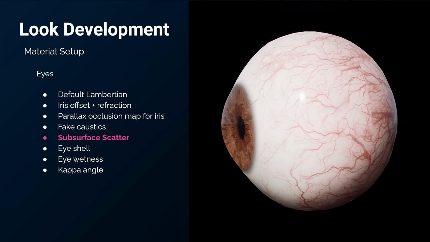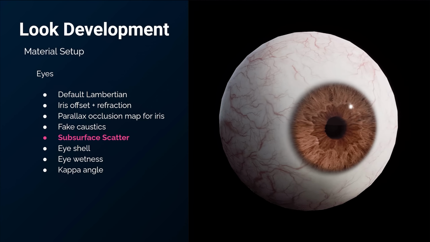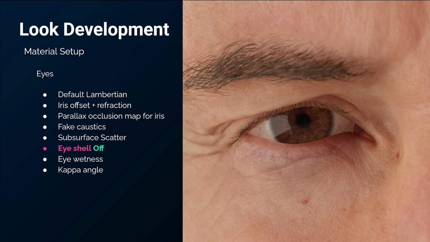Lastly, we add a large-scale subsurface scattering to the sclera to mimic the translucency of the eye. When we place the eyeball inside the socket, there are still issues with seating. This is a common problem in computer graphics where intersecting geometry appear extra sharp and contrasty. To overcome this, we add a translucent eye shell geometry to blur the area where the eye meets the eye